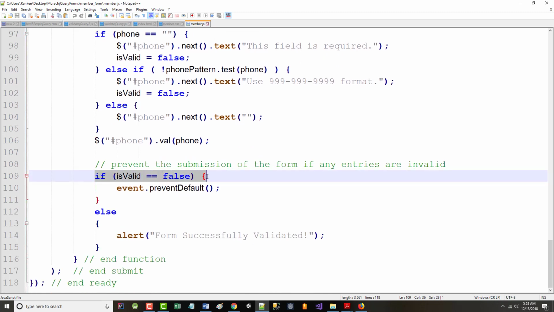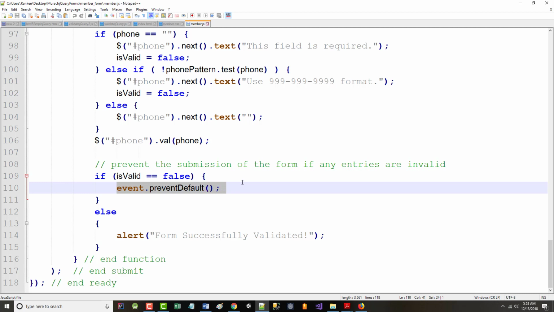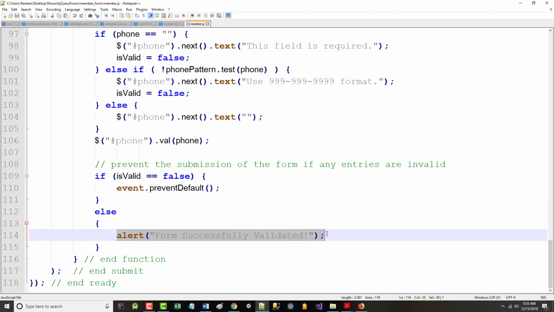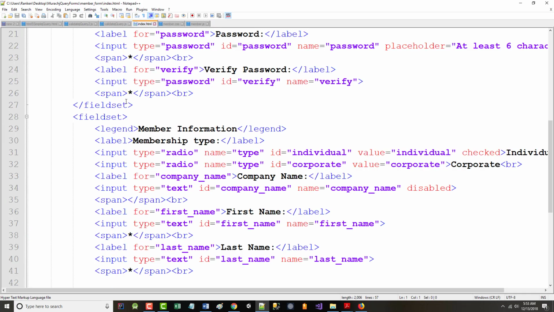We say here, if is valid was false, meaning we had an error someplace in our code, then we just say event.default. In other words, we don't want to do anything. Otherwise, we come in and we say alert, form successfully validated. All right, but if we get that and it was successful, going back to our HTML,